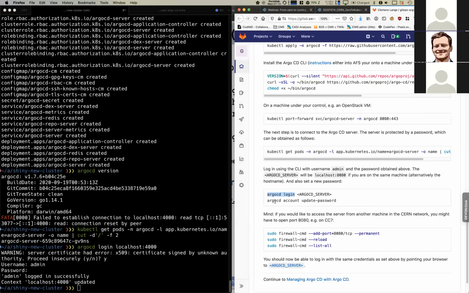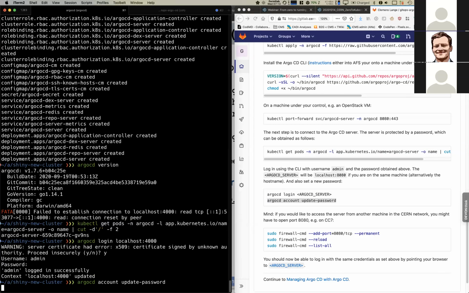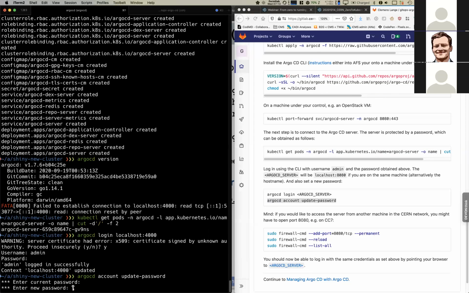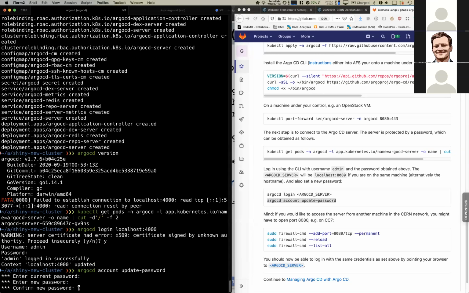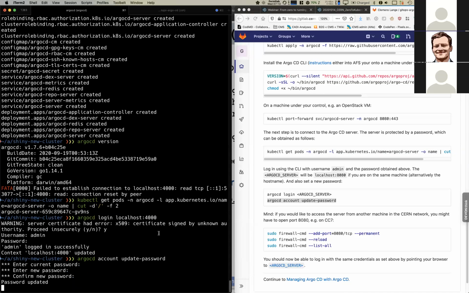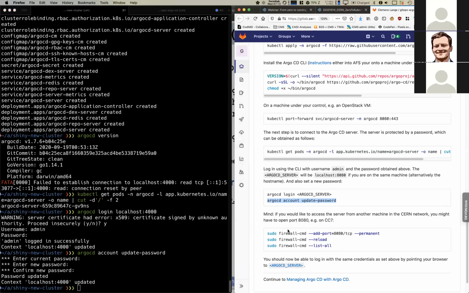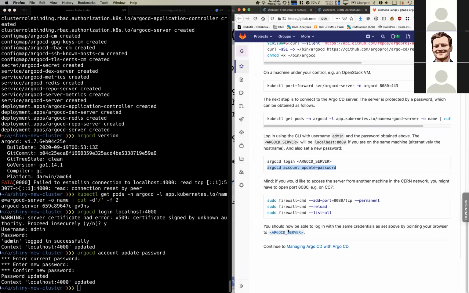So first thing you should do is actually change the password. So I'm going to do that. And that's going to ask me again for the current password. I'm going to paste this, and then I'm going to set a new password. Okay, and that's it. So in principle, we have everything running, and so we connected to Argo CD via the